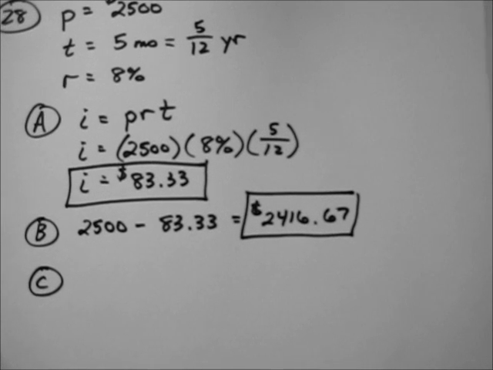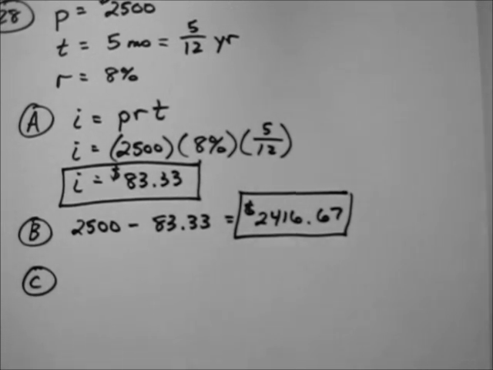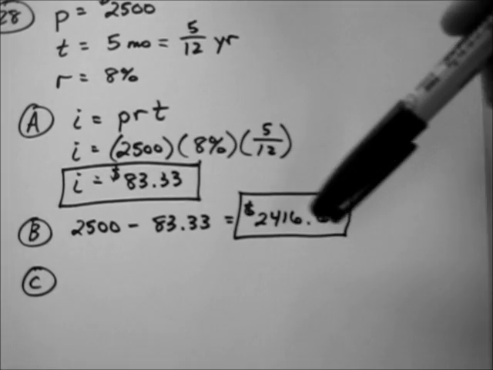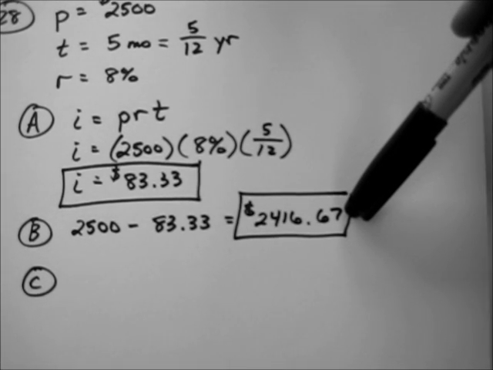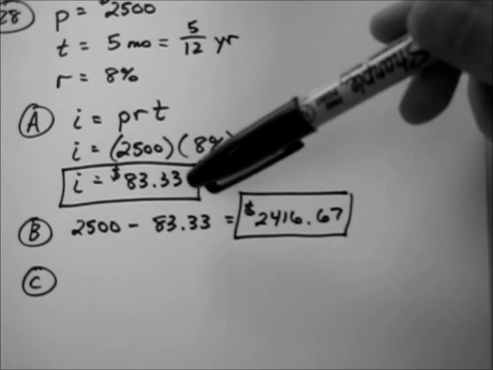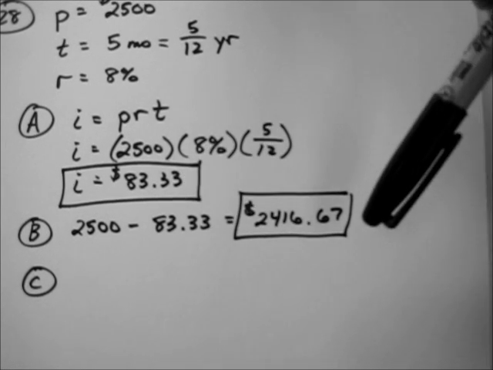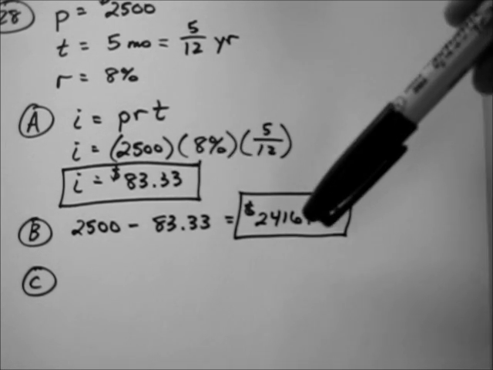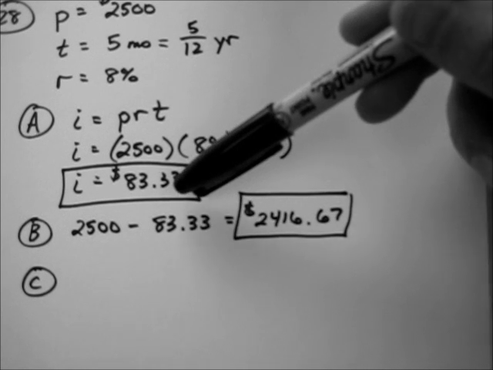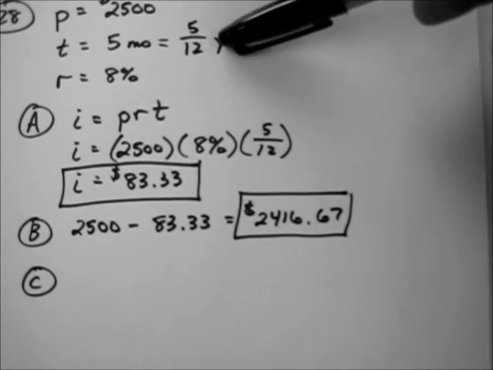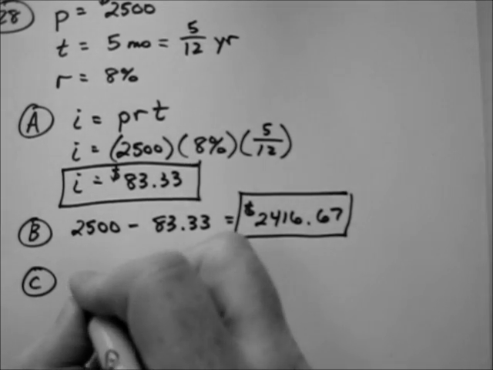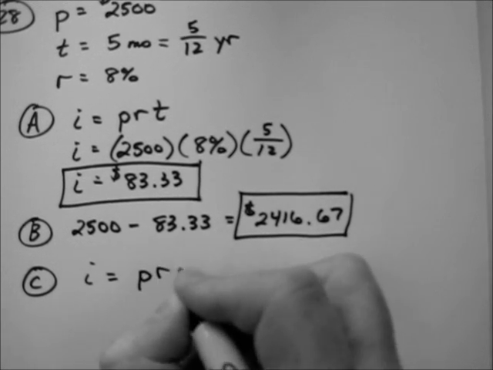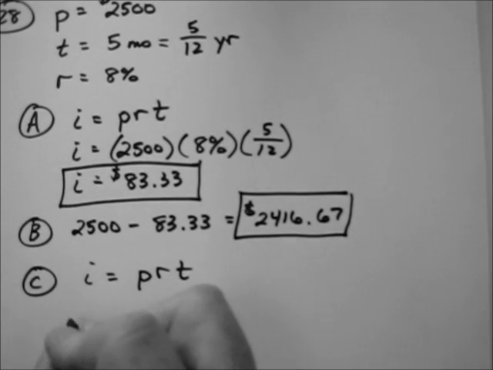Well, the actual rate of interest is from his perspective. From his perspective, he didn't really borrow $2,500 because he only got to take home $2416.67. Yet he still paid $83.33. So what simple interest rate would be charged if you borrowed this amount and paid this much in interest over 5/12 of a year? So we go back into our formula, I equals PRT, plug in for the interest,